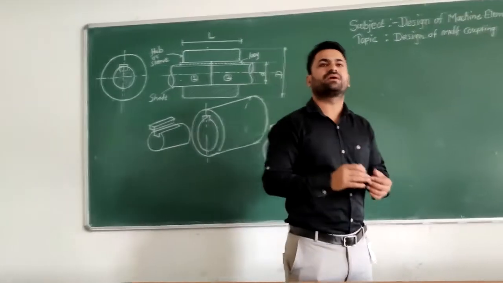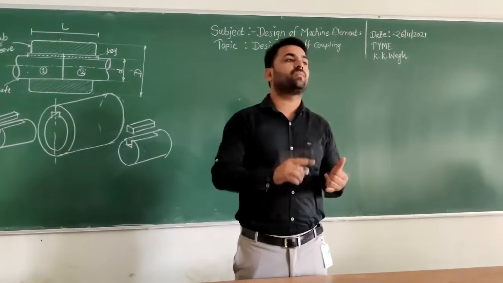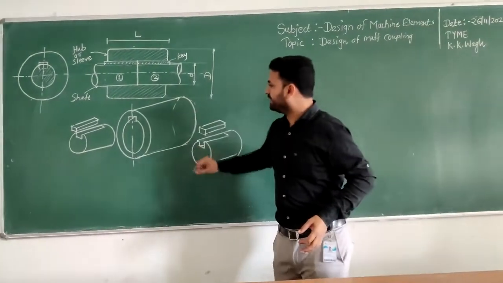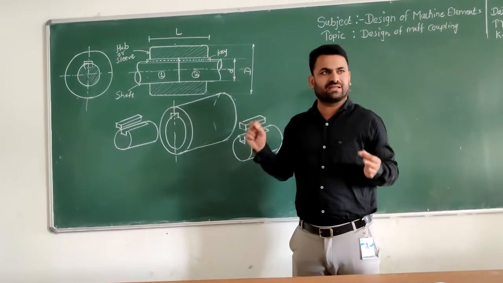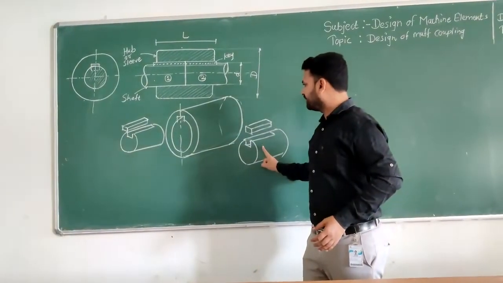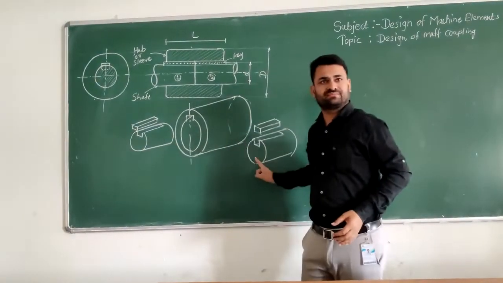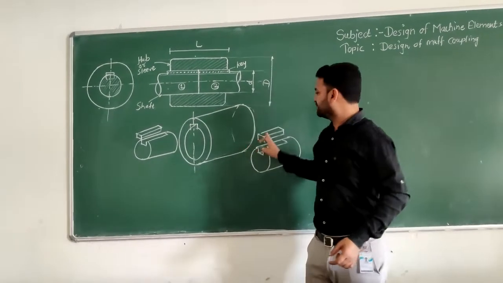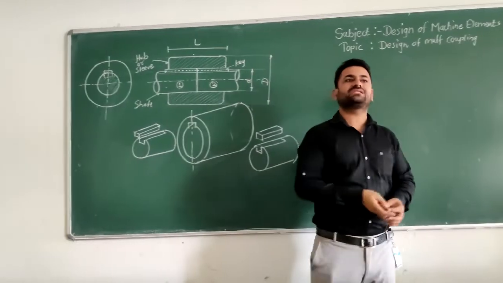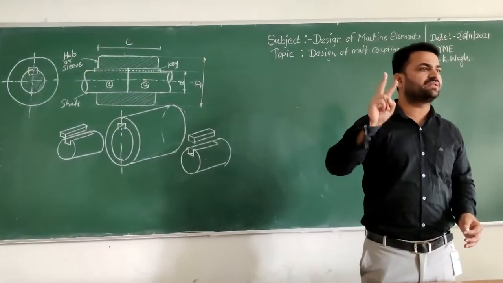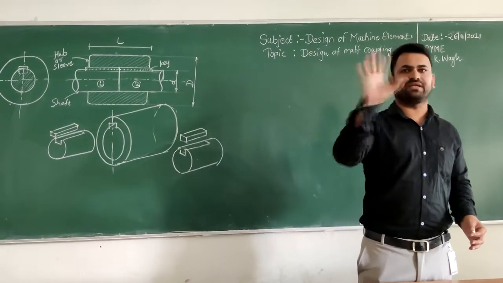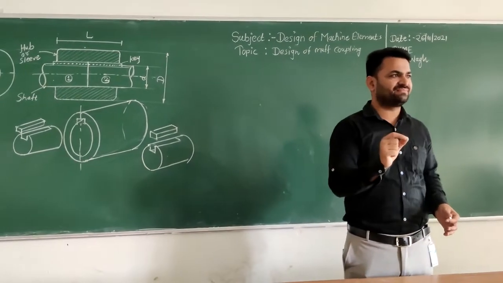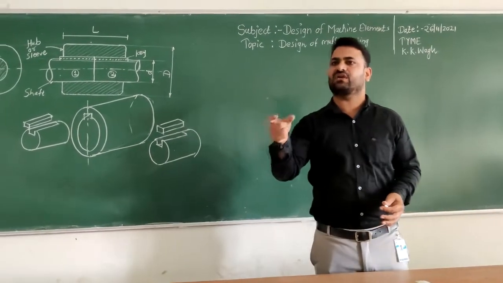While designing the muff coupling, it's very important that you have proper knowledge of designing of the shaft. Now everybody knows how to design the shaft. This muff coupling is nothing but a combination of, you can see clearly, shaft number 1 and shaft number 2. This is the solid shaft, this is the hollow shaft, and only one additional element is there. This is what? Key. So it is a combination of 2 shafts, one solid, then hollow shaft, and key. Such a combination, right? Yes sir. Does everyone follow? Already we have gone through design of shaft. Already we know design of solid shaft and design of hollow shaft.